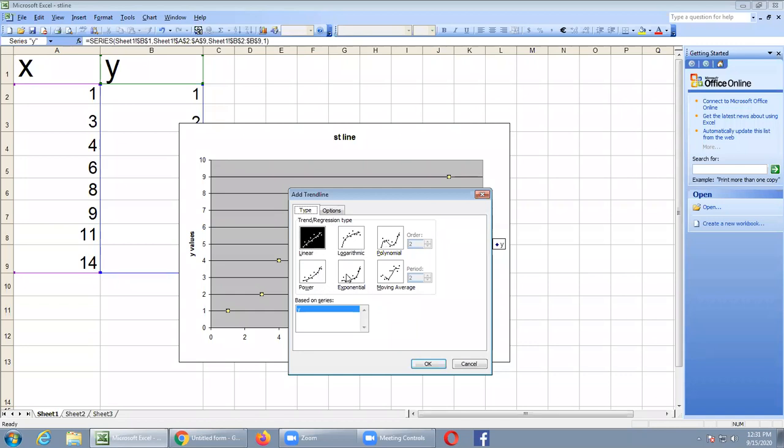So exponential, only one curve will have. So the system will automatically take any one curve. So that means only 4 curves you have to learn. Linear means straight line. Polynomial means second degree parabola. You can calculate power curve and exponential curve.